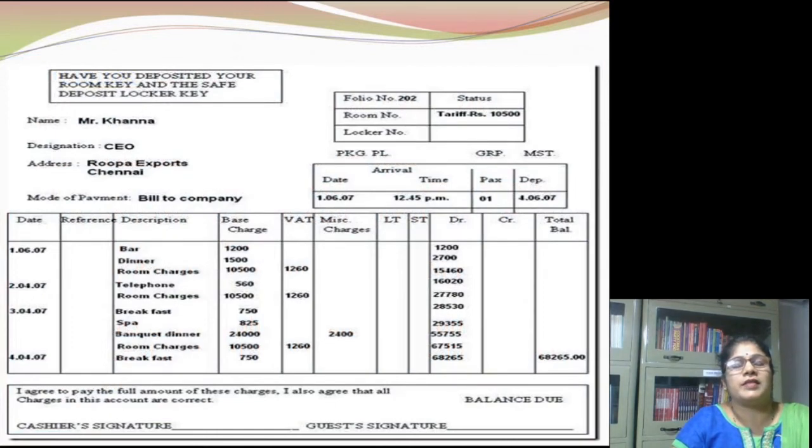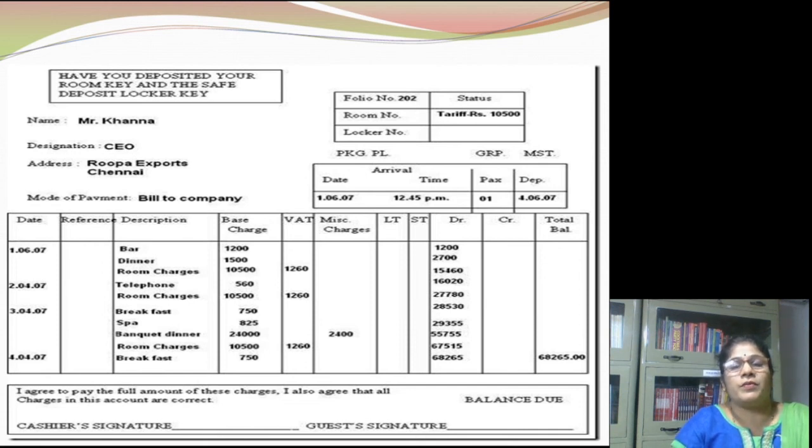See, here is a sample guest folio wherein you can see the entries of the room rent, the dinner charges, the telephone charges. And as you know, we have already learnt about vouchers which are being raised through the telephone voucher or the miscellaneous voucher or the spa voucher, etc. And on the final side here, you can see the total billed amount of the guest. Now this is a bill to company guest which would be recovered later on.